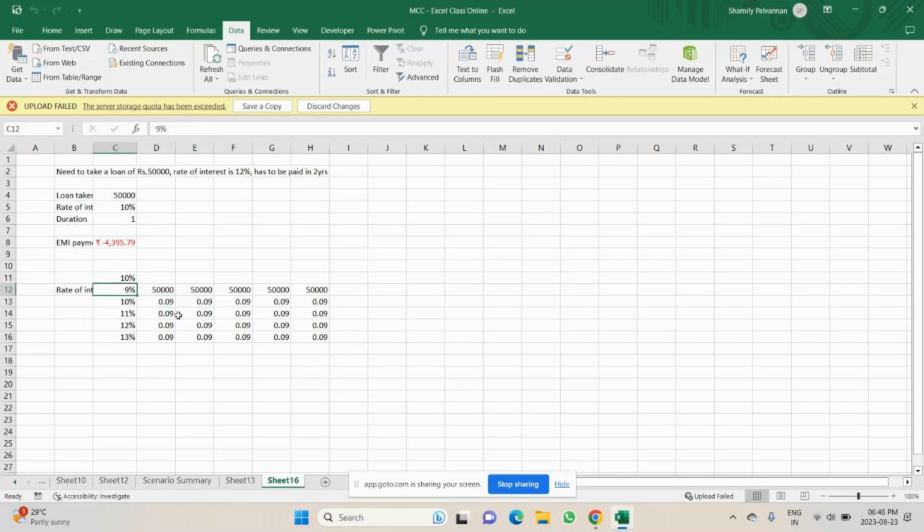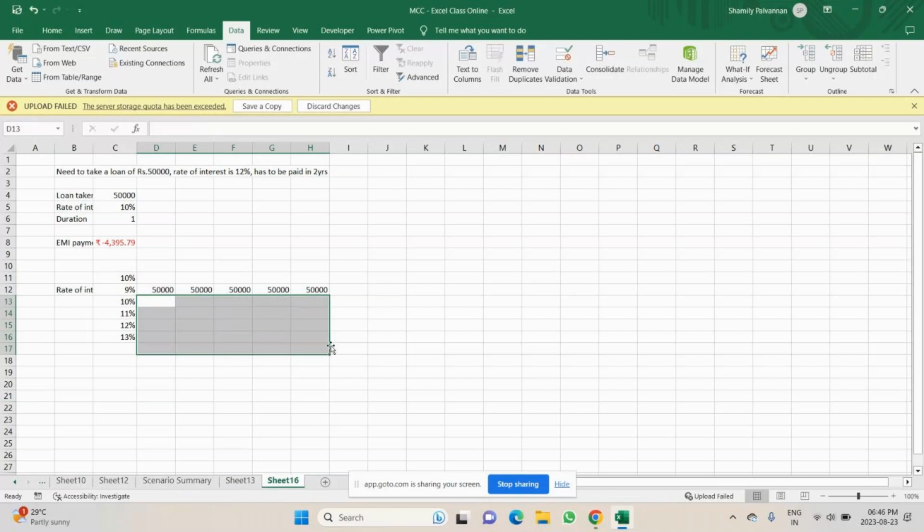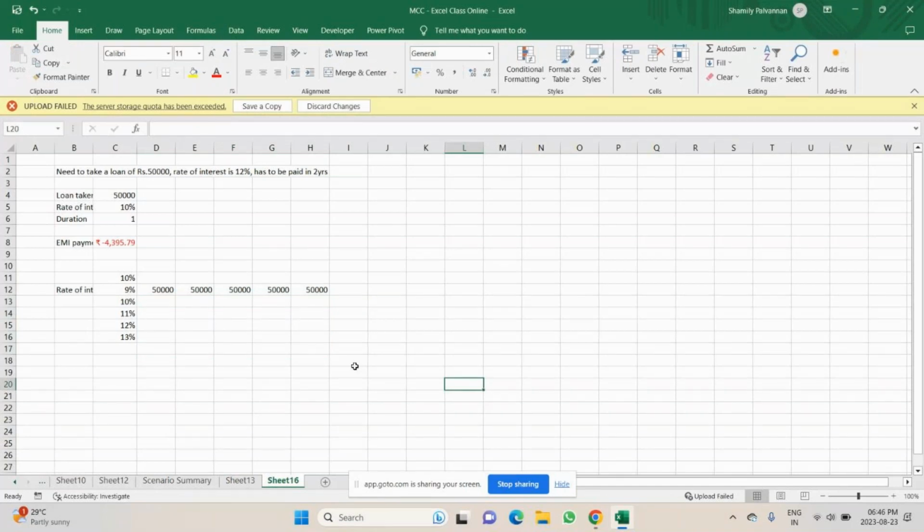Okay, now what should I do if I want the actual values? Here I need the PMT calculation, right? To see here, everything is taking only the 9%. I'll clear this. Delete all. We'll go to the Home tab. Here, all this. Okay. Now again I take this